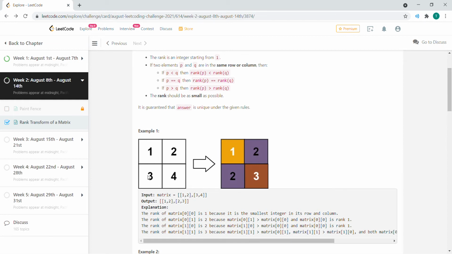Likewise, going below, the number 3 is larger than 0, 0, which is rank 1. So therefore, the rank must be 2. Following that same pattern, for position 1, 1, the number is 4, because number 4 is larger than 2 and larger than 3, and we recall that the rank of 2 and 3 are 2, so therefore the rank has to be 3, which is higher than 2. So that's kind of the